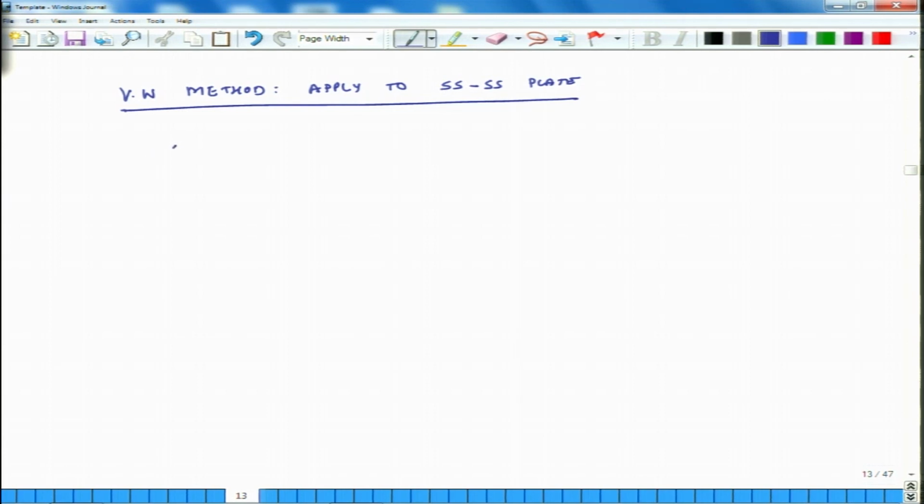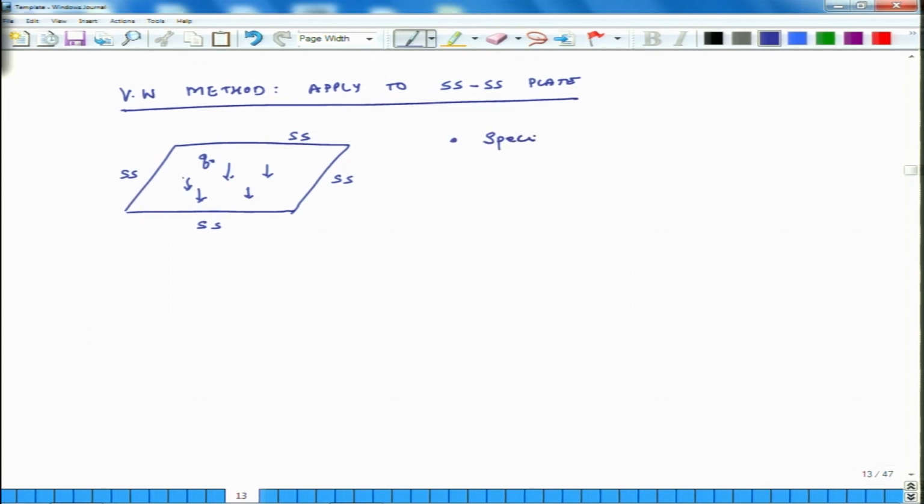So, consider a plate which is simply supported on all four sides, and it is seeing some normal distributed load which is uniform, so it is Q naught, and the plate is especially orthotropic,